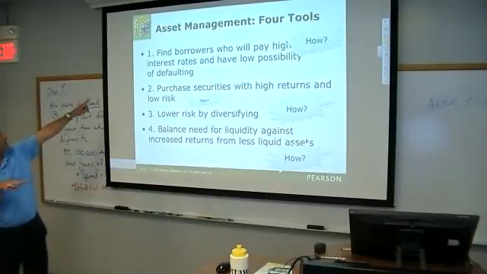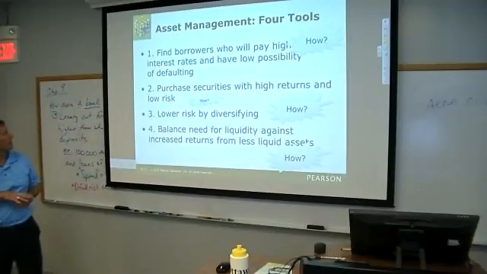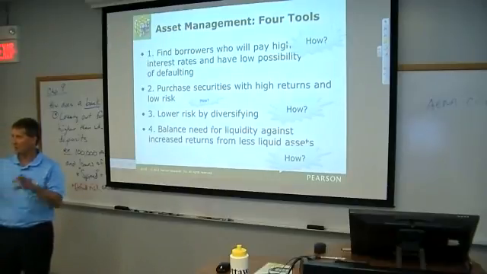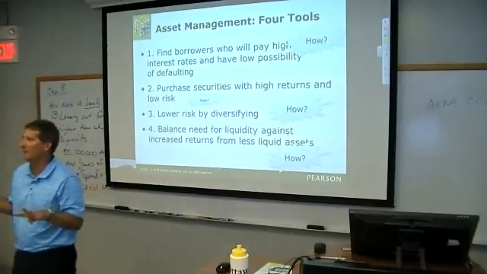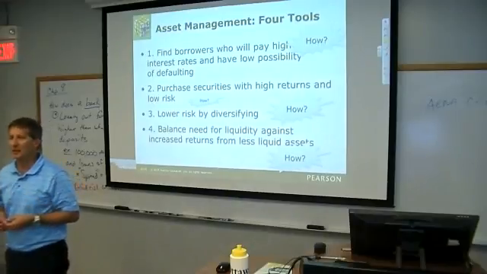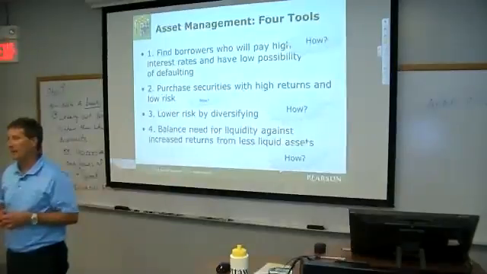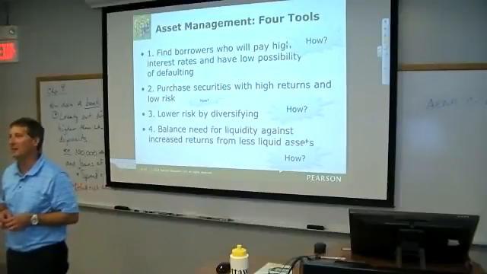What can they do to satisfy number one? Find borrowers who are willing to pay high interest rates and have low possibility of defaulting. Credit score is one possibility. They could farm credit scores to find good people. Co-signers, maybe. Start requiring changing policies for that. What other things can be done? How do they find these people? And that's why I want to think about some of your hometown banks. They're usually better at this than others, although even Wells Fargo and JP Morgan Chase try to do this too.